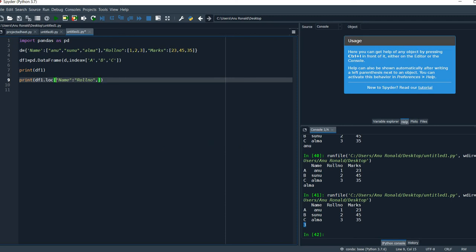Before that I forgot, we have to start from rows. So we will start from row index A colon B, comma, name.